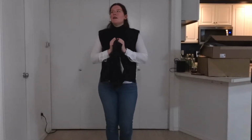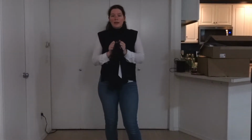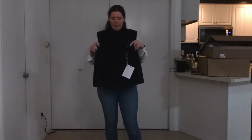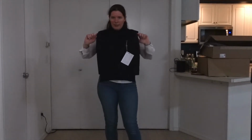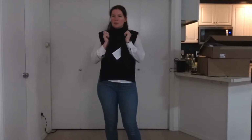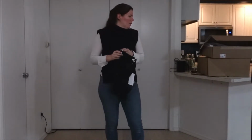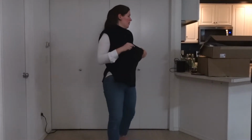So I really wanted to invest in something I knew was going to be really high quality, and then I found these. They're a size French 40, so fingers crossed, but this is what the size guide on Outnet told me to order. So I'm going to try this on, and I'm going to pair it with another thing that I bought